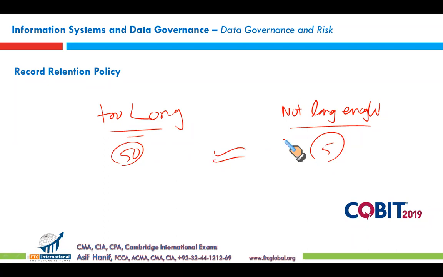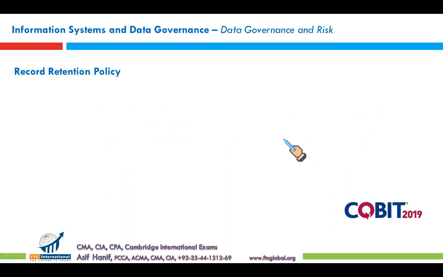So again, the point is that even in the US, the tax law says that you need to keep your data for 7 years. But if fraud is suspected, then there is no minimum. Maybe you might be required to produce some documents 25 years old, right? So that's the important point.